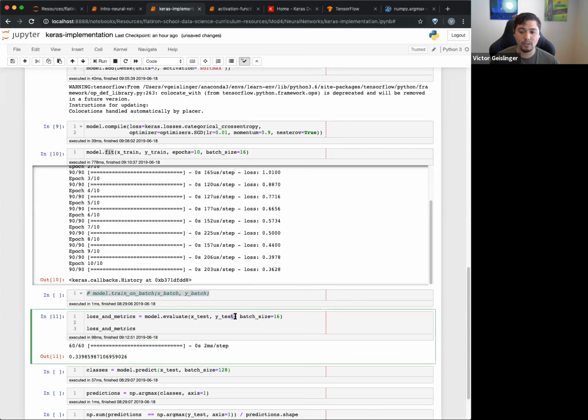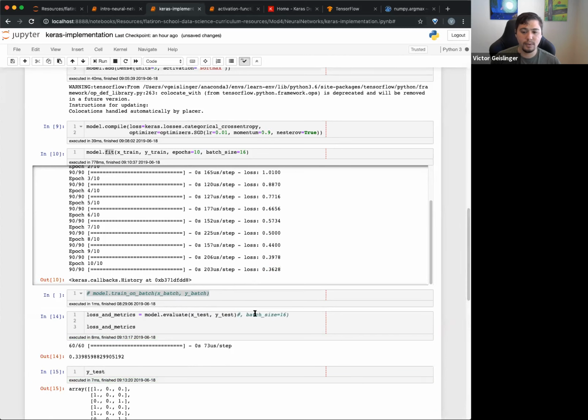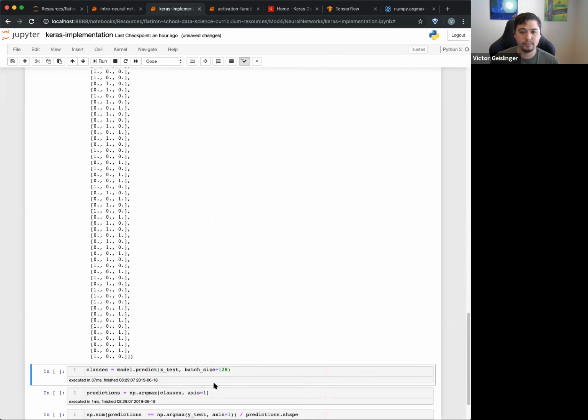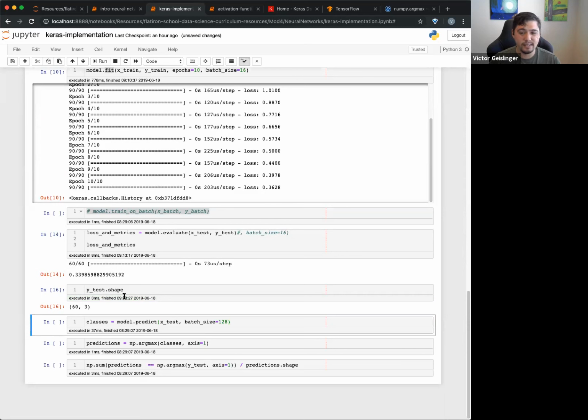I think I could also get rid of this batch part. And you can see here it changes to the whole data and is still pretty close to the same. Let's see how big y-test is. See, y-test is pretty small. Probably like 30? Oh, 60. Yeah, okay, it's still pretty small. But the point is, we passed this whole thing, and its loss is about 0.34. So okay, that's pretty good.